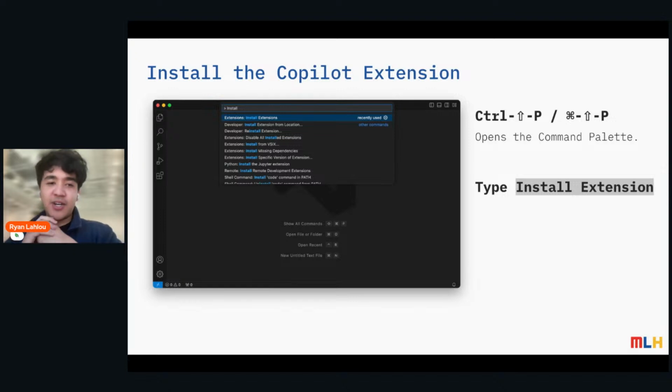So the first thing you're going to want to do is hit Control-Shift-P or Command-Shift-P on Mac. From there, you should see a greater than symbol and a space. All you need to do is type in install extension, and then you should see something that looks like extensions, install extensions show up. Once you're there, click on that, click enter,